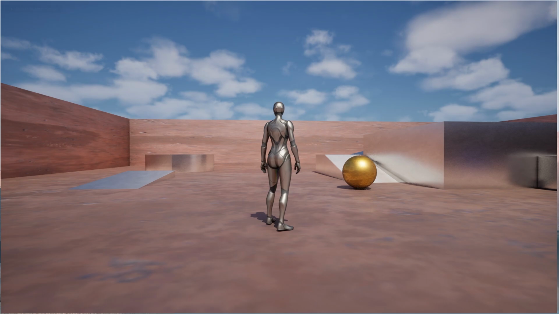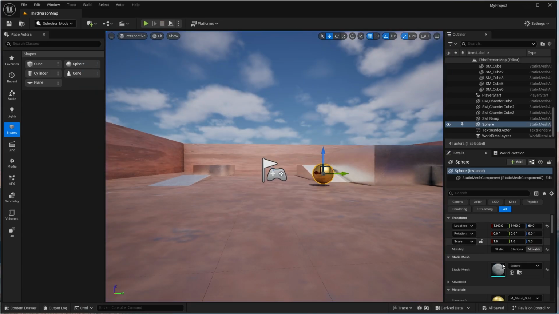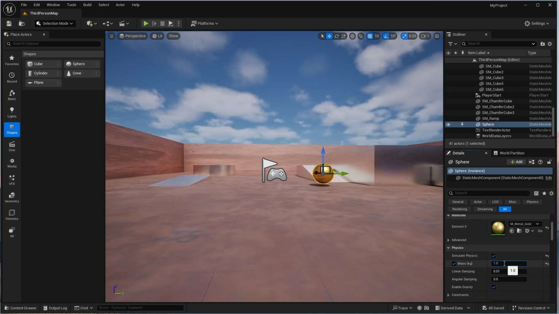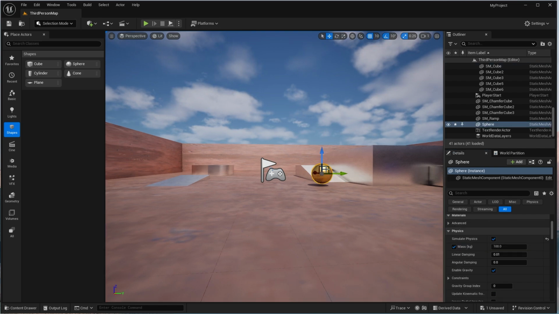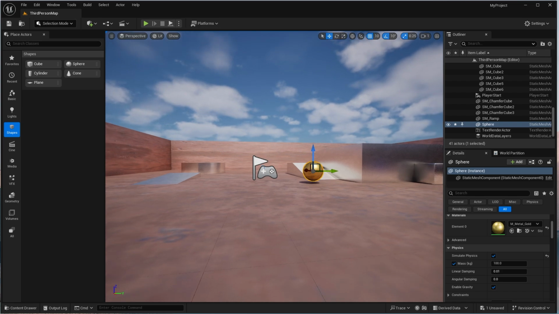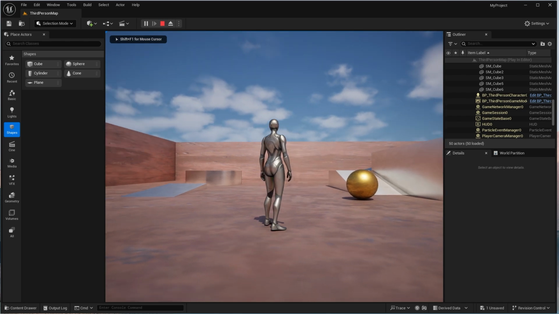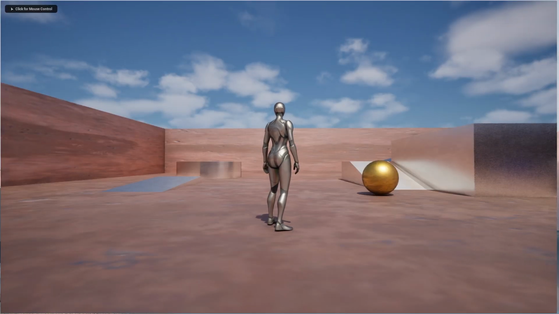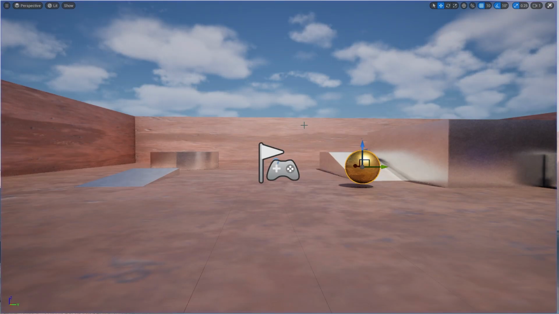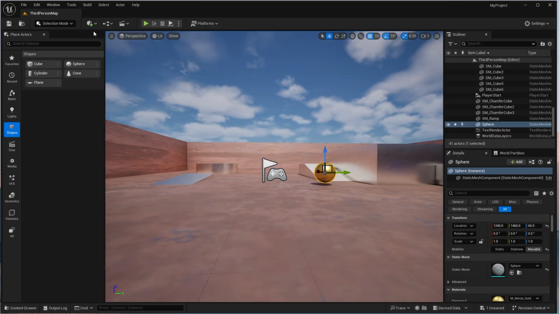Okay, but when I set the mass as 100 kilograms, it should be too heavy to add this small force to move it. But let's see. Yes, so impulse is too small, but when we change it,